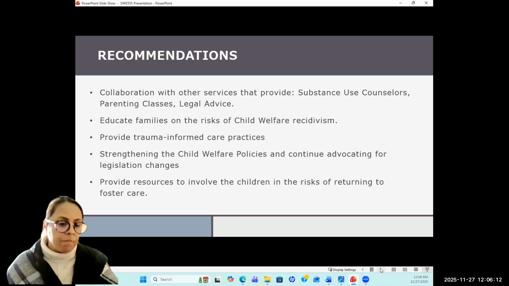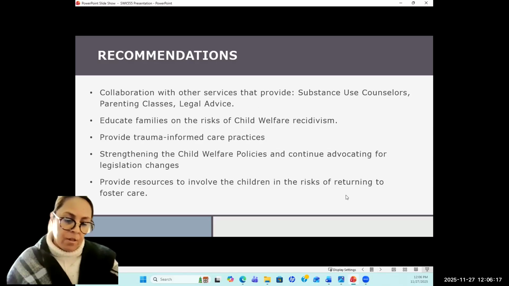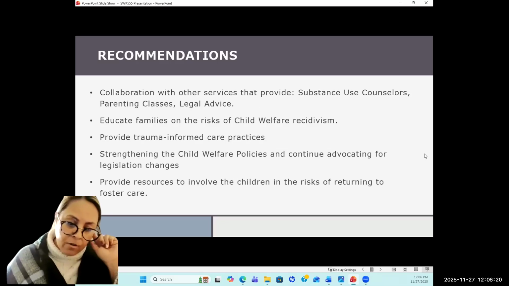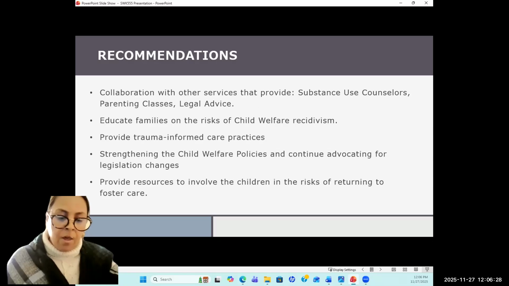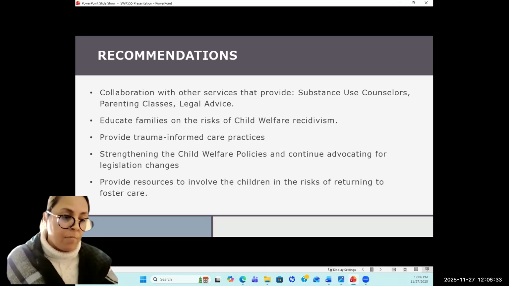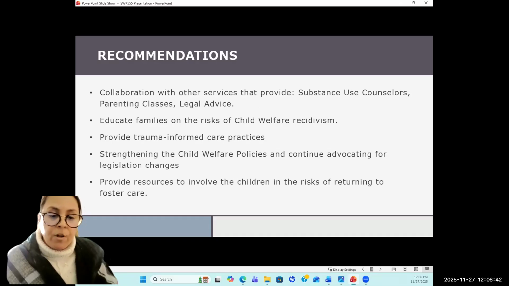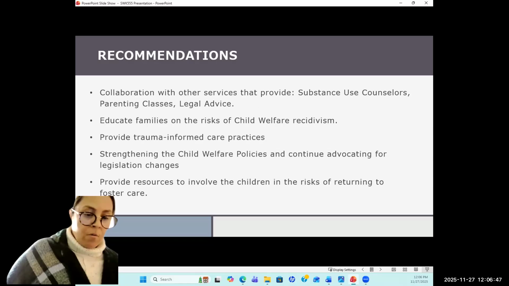The recommendation is that the research will help agencies to tailor intervention services to best support families, and to improve in seeking guidance to get professional help for mental health if the parents are having issues with receiving care. Mental health and substance use disorder services are another service that parents can be referred to if they have challenges with the use of substances, refining post-reunification services to best support families.